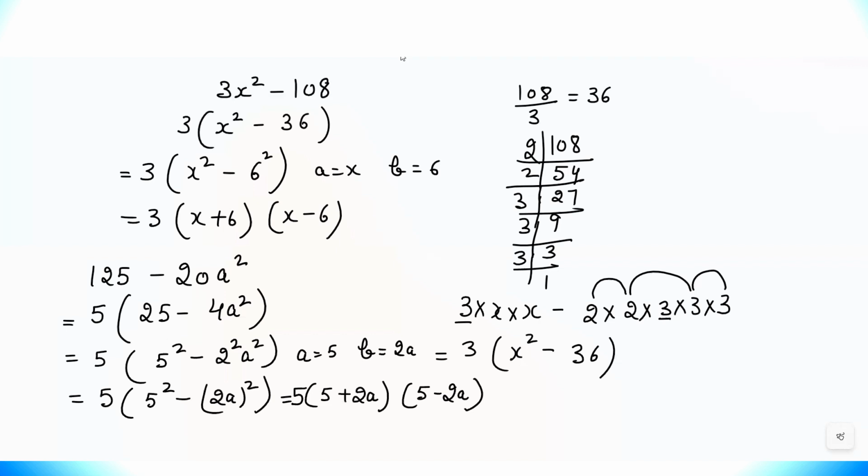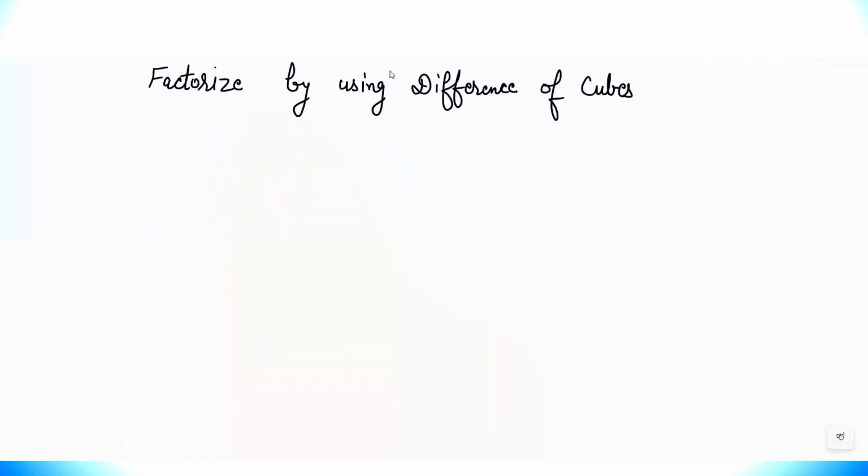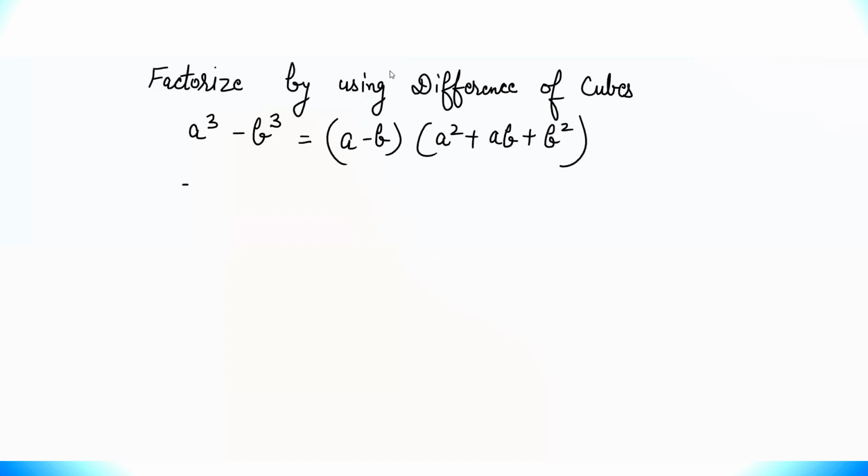Now we can factorize by using the difference of cubes. So let's learn about it. a cube minus b cube is equal to (a minus b) into (a square plus ab plus b square). For example, if it is x cube minus y cube, so it is the difference of cubes. That means